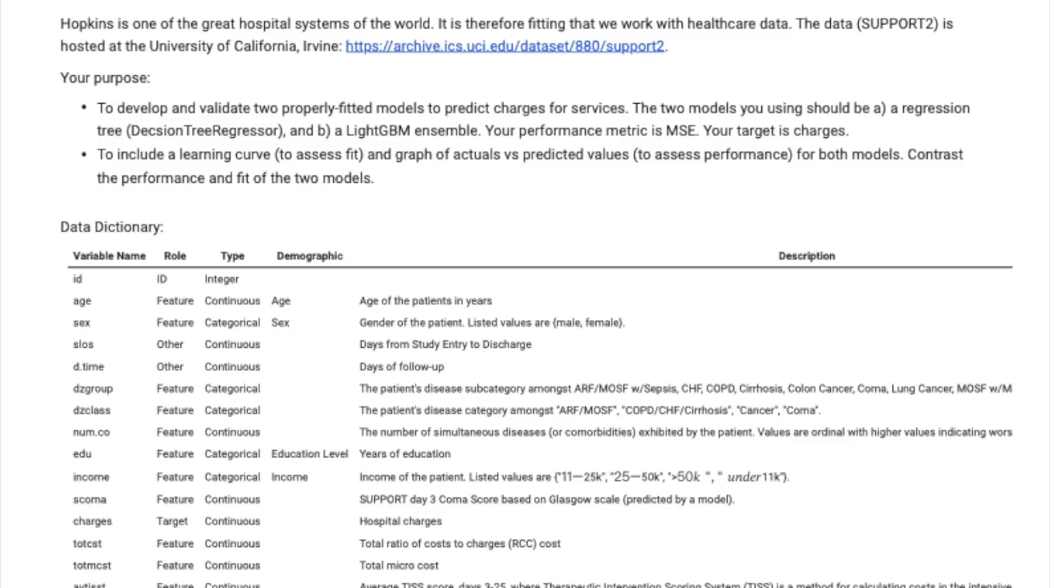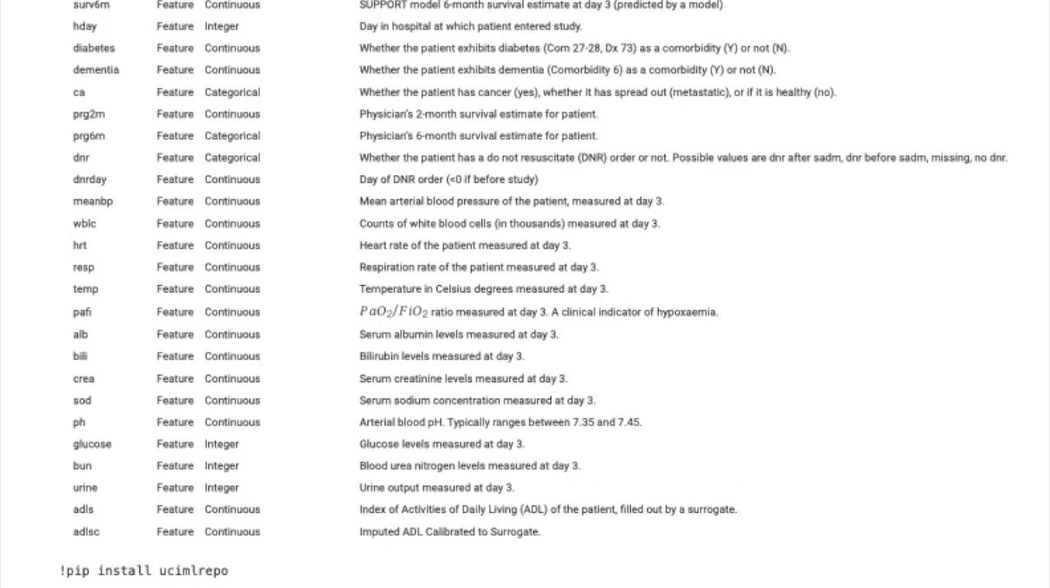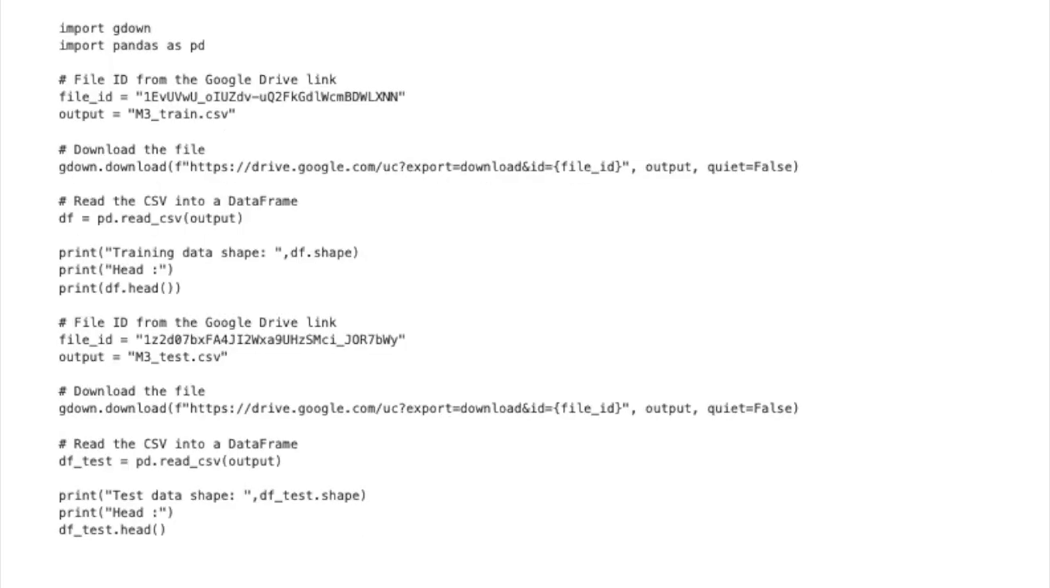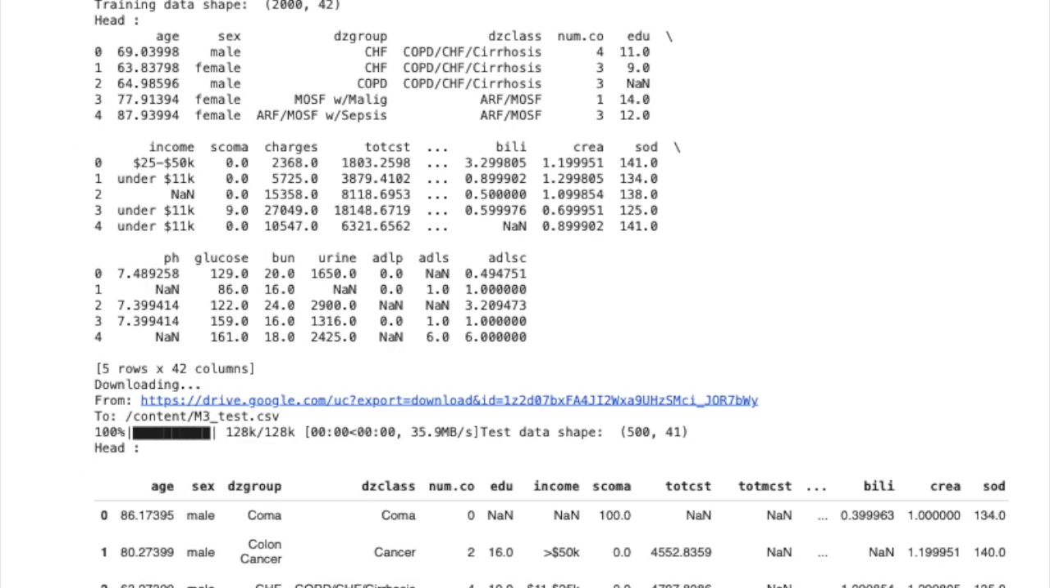Hi. In this project, our goal is to develop and validate two machine learning models to predict hospital charges for various services. This is important because accurate prediction of healthcare costs helps hospitals optimize their resources and make informed financial decisions. For this analysis, we utilize the insurance dataset, which contains a range of patient demographics, clinical features, and other health-related data. The target variable we are focusing on is the charges, representing the cost of services of